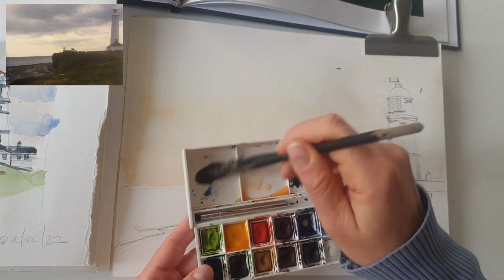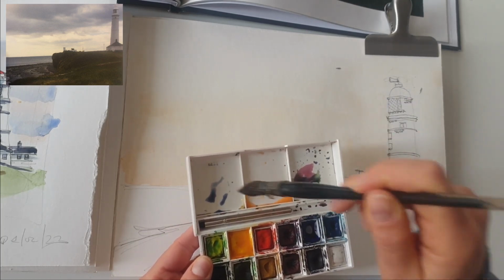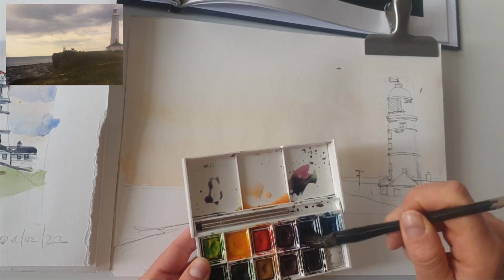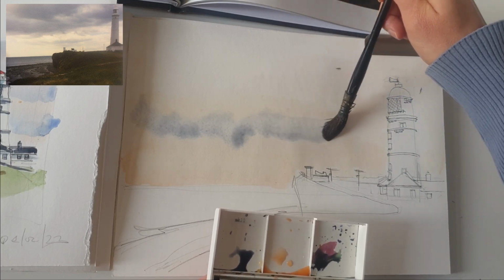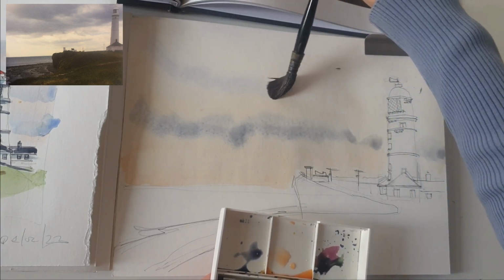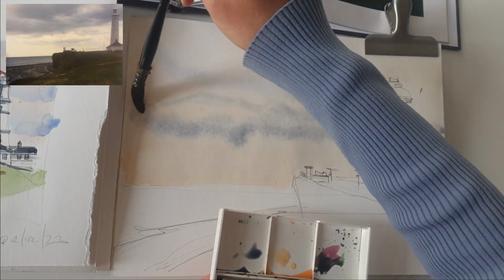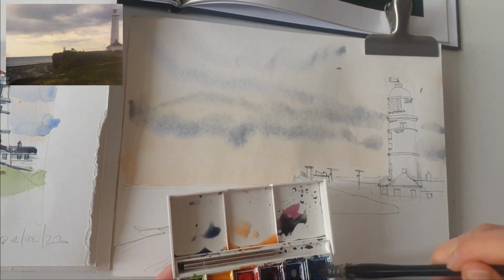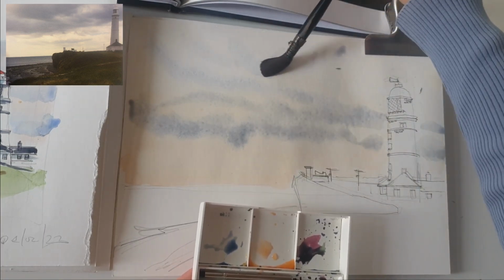grayish shade. I will mix my colors, and as I go I will add a little more blue or a little more red to my mix, so that some clouds are more on the blue side and some more on the purple side. I'll just do these loose strokes with the brush, and let the pigment in the watercolor do its job. The blue and the yellow are going to mix, and hopefully will give me a nice cloudy